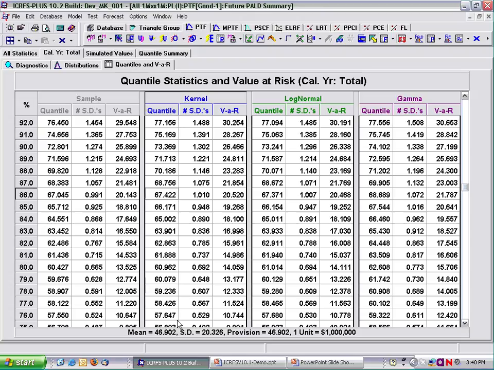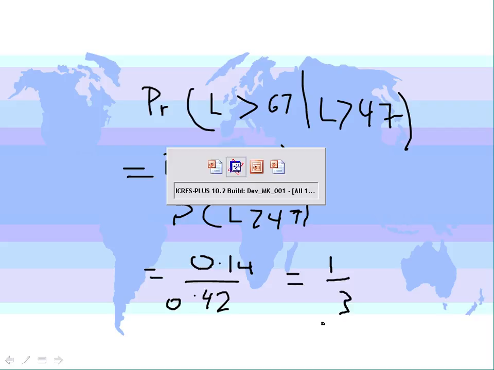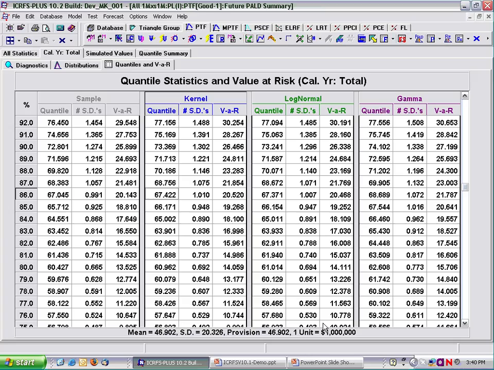What's that? It's 86. It's about 14%, say. So you're looking at 0.142 over 0.42, so it's about a third. So a third of the time when the reinsurer pays, he actually pays his limit, which is a lot of money. It's a huge risk, but you need to be cognizant of that risk. Okay, so